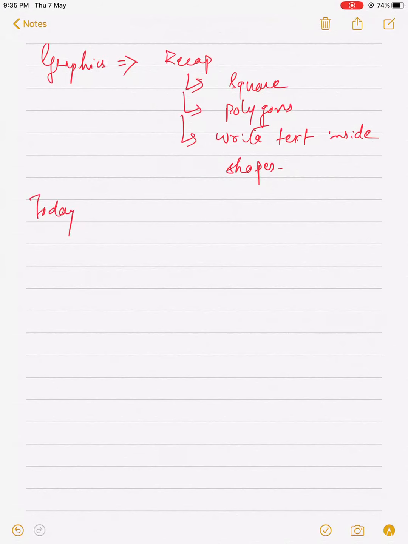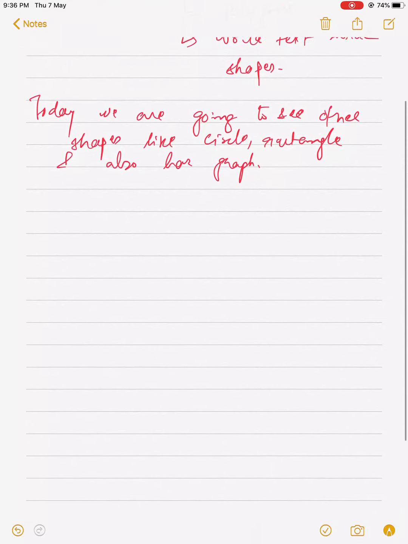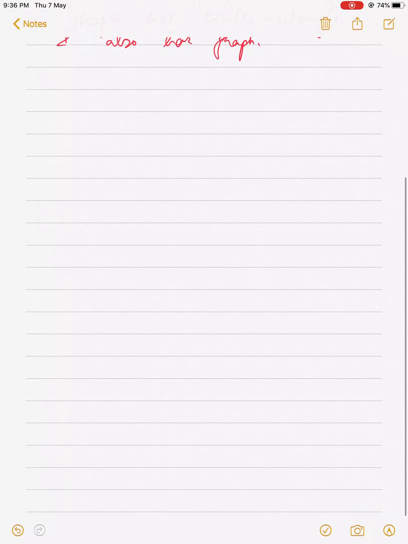Today we are going to see other shapes like circle, rectangle, and also a bar graph. So how to make all these things in graphics, that we are going to check.